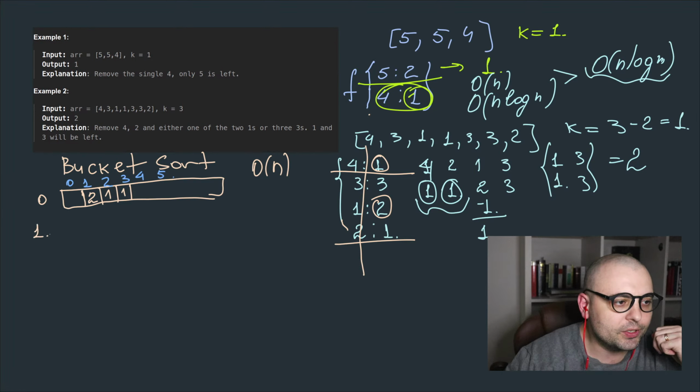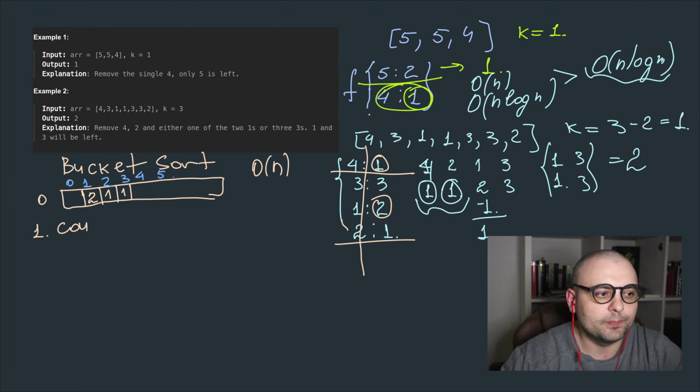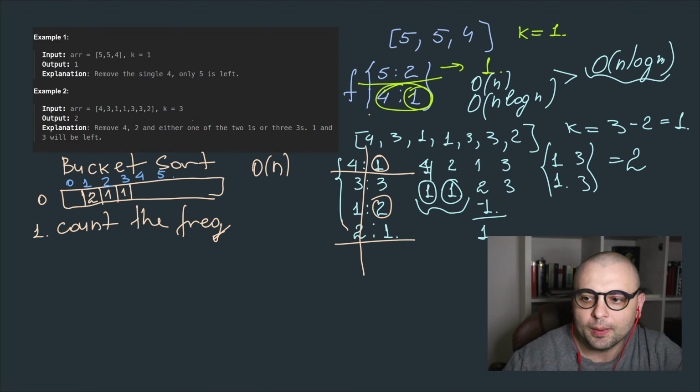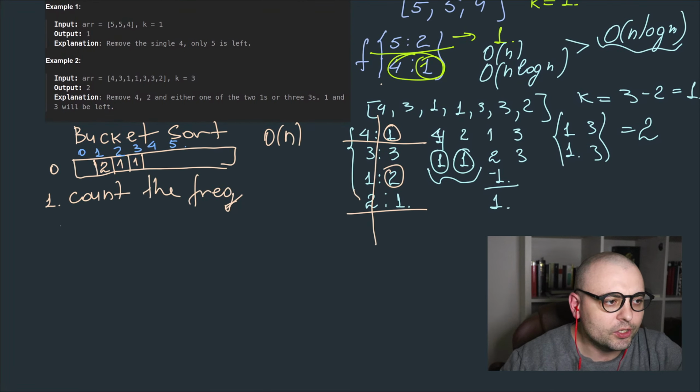So first stage, count the frequency. So we did that. Let's imagine we implemented this part of the code. So next stage, we kind of need to sort together